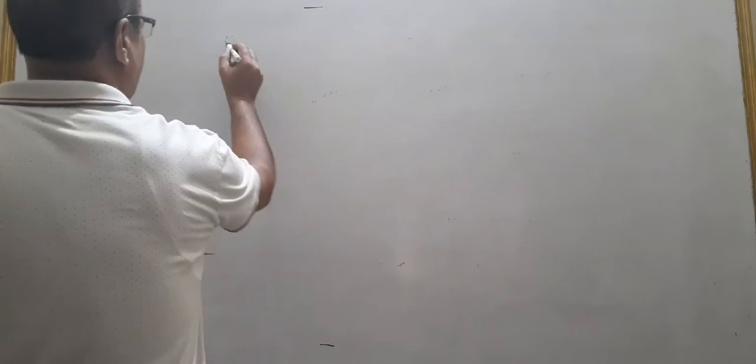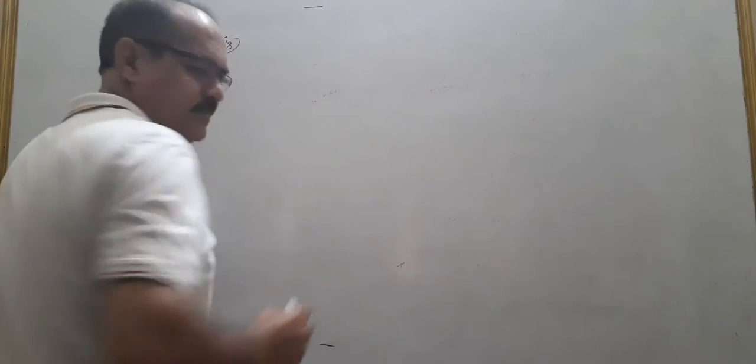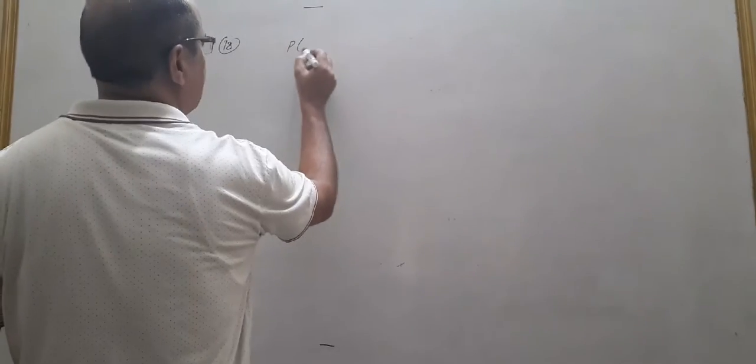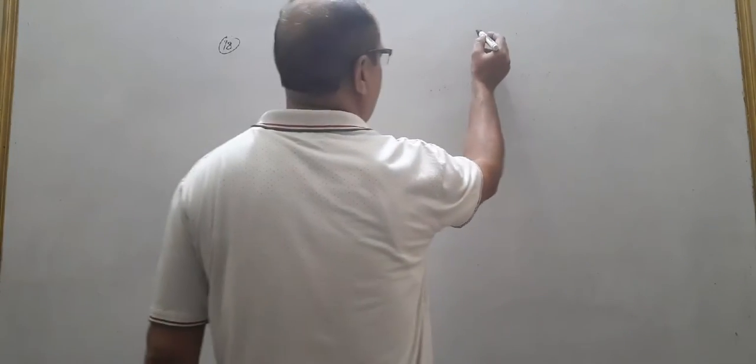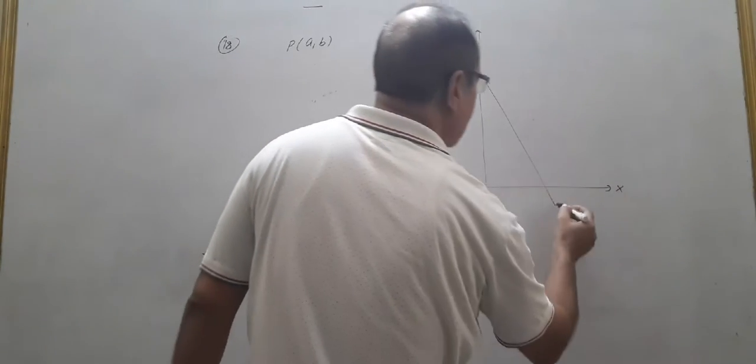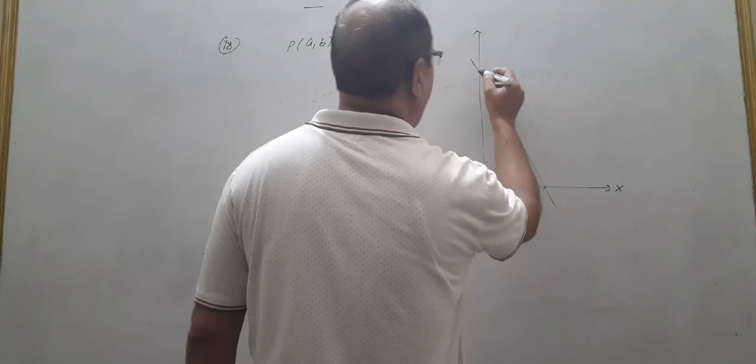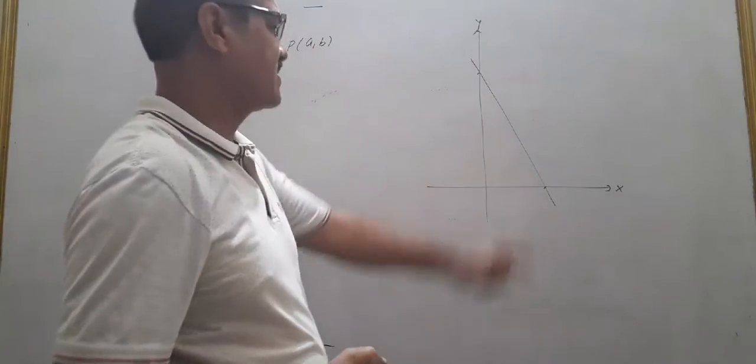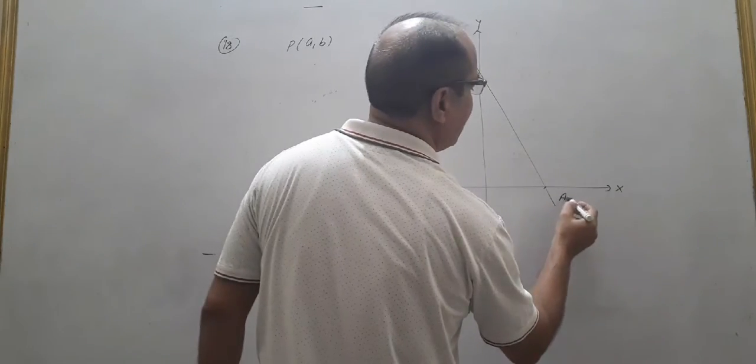Okay, now after this 17th question I will start with question number 18 or 19, both are same. तो 18 की अगर मैं बात करूंगा, in question number 18, AB is the midpoint of the line segment between the axes and show that the equation of the line AB. So let P is the midpoint of AB, the line segment between the x-axis and y-axis. You know, this is the line segment between x-axis and y-axis, and the line intersects x-axis and y-axis at two different points. Let the points be A and B.